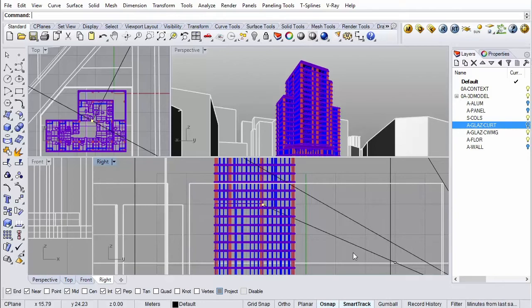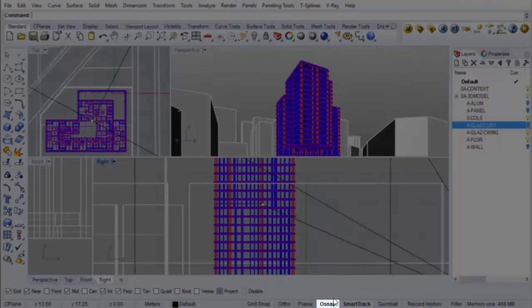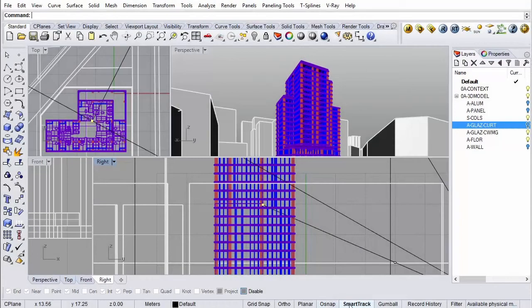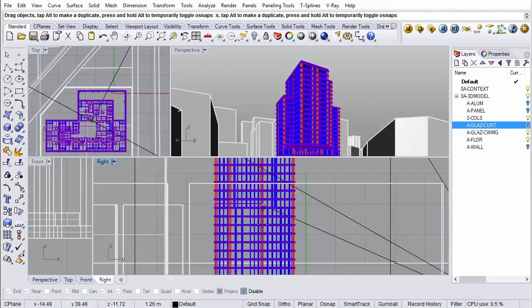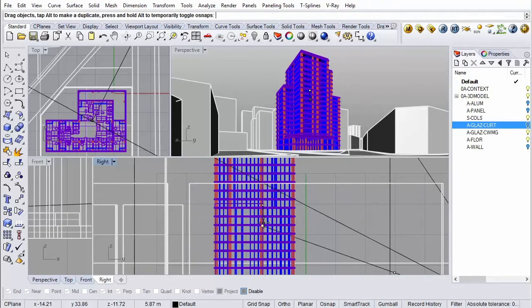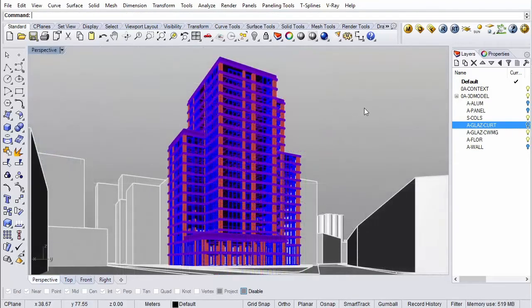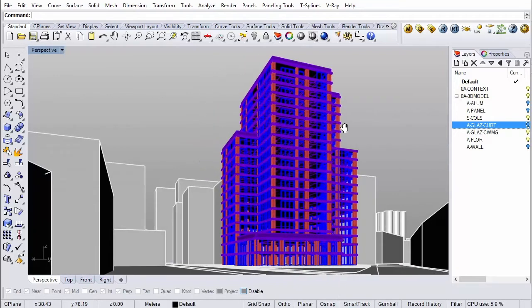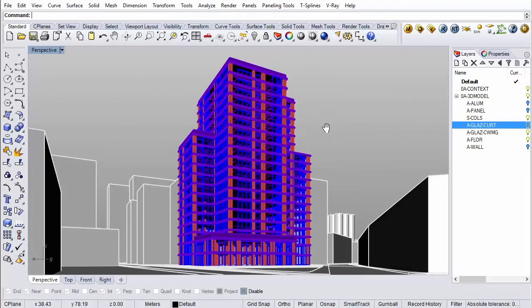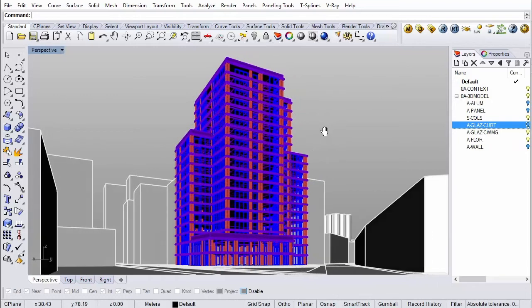Okay, so it's actually probably easier if you remove object snaps. And that's sort of what we want. So that's our view. And again, you can Ctrl Alt to fine tune and place it at the center of the view and so on. But that's what we want to save.